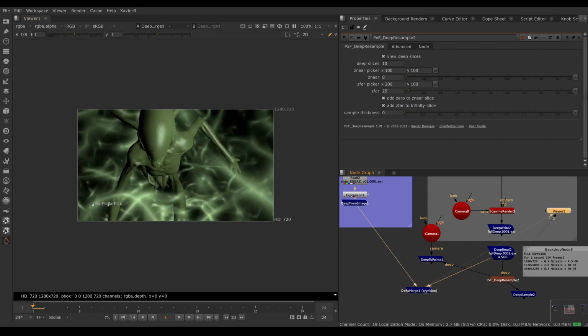So now if I look at the result of our resampled image, I gotta turn off deep slices. Now we don't have errors. So if we combine it with the full res or the resampled image, I don't see any differences. So this looks well resampled and usable. So that's pretty good. Our camera is moving relative to the alien, so we would need to animate our near